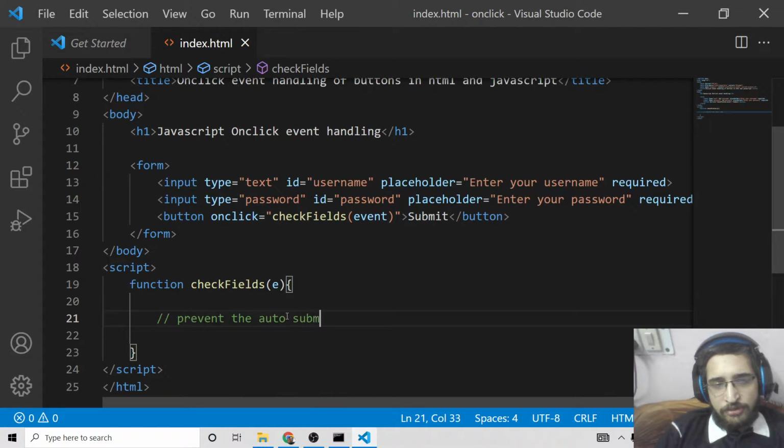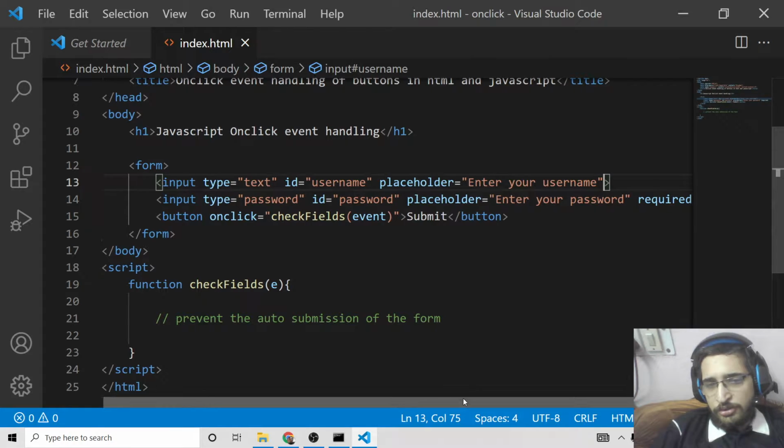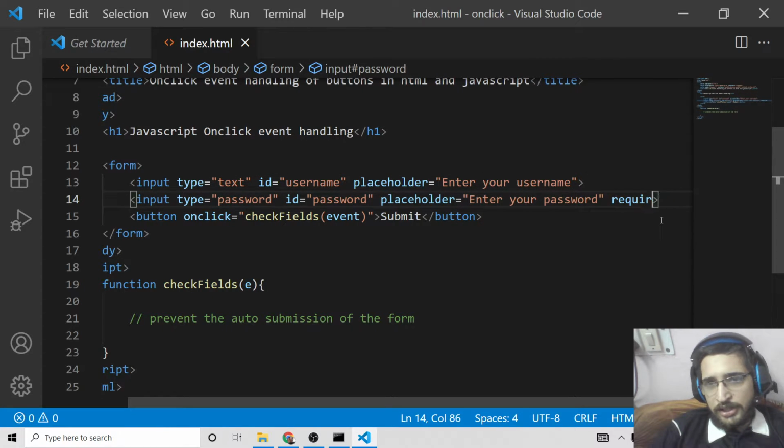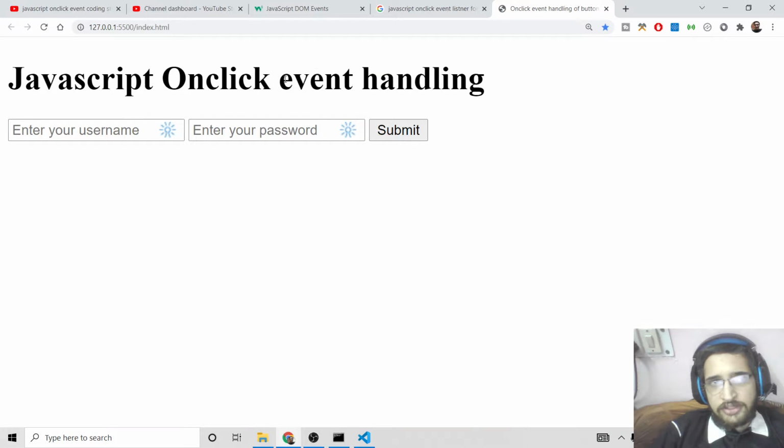If you don't attach this required here, I will show you how to do custom validation as well by using on click. Now if I once again refresh it, and if I don't enter any field here, click on the submit button, you will see this question mark will come here after the URL.